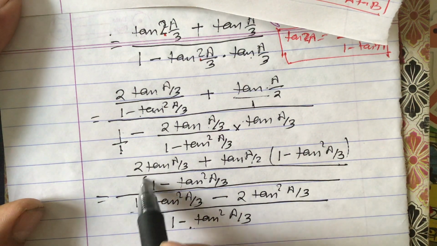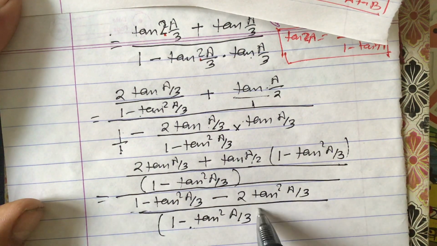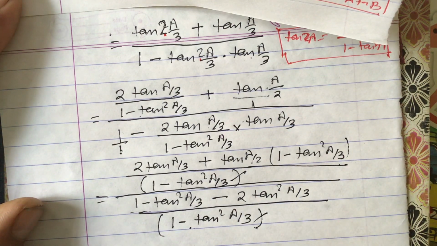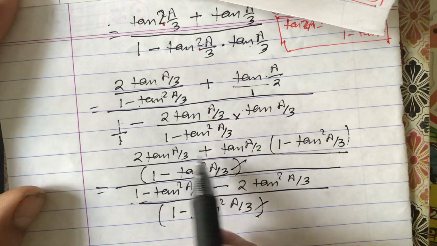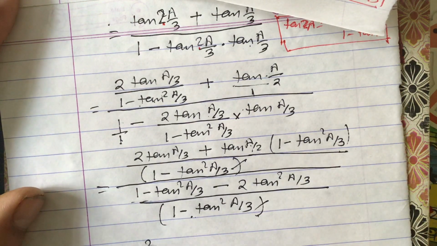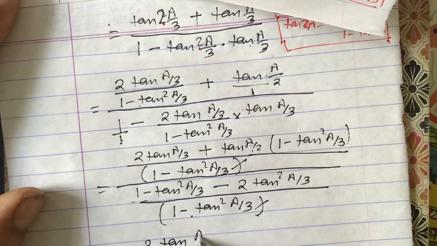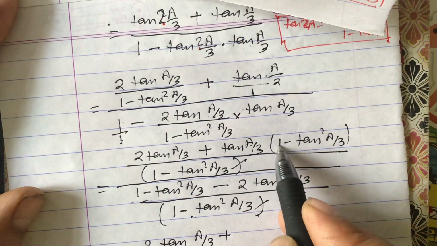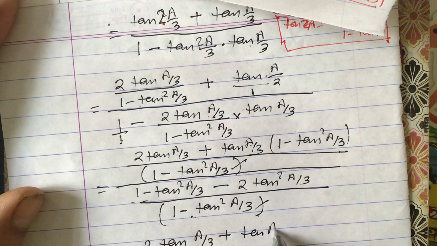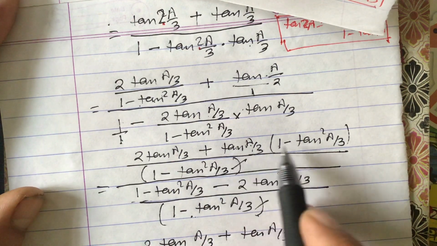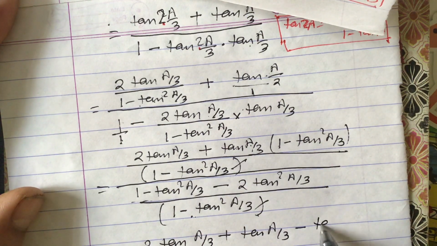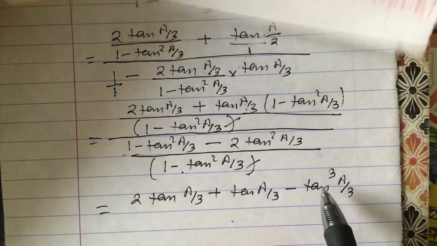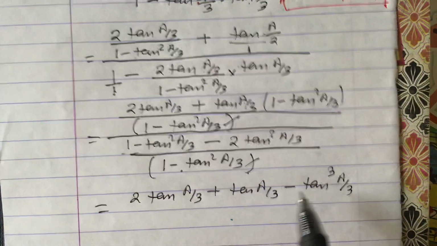Now look at it, in this denominator this and this are the same, so we can cancel this and this, see, cancel. So what you will get now here, let us open this bracket: 2 tan a by 3 plus tan a by 3 times 1 will be tan a by 3, and tan a by 3 times this one, minus tan cube a by 3, whole upon,